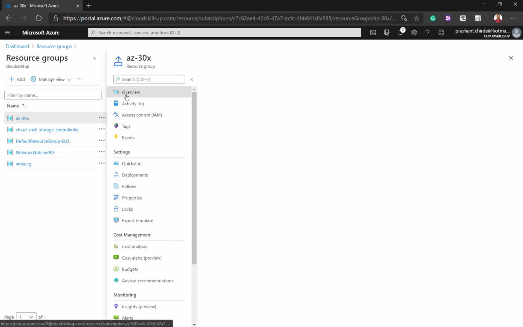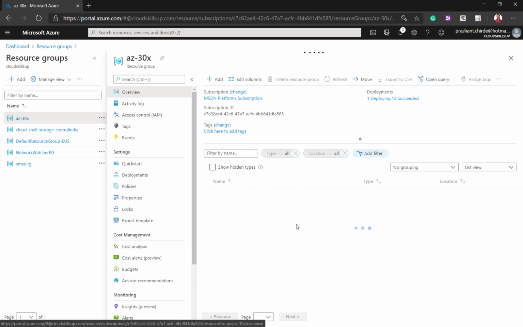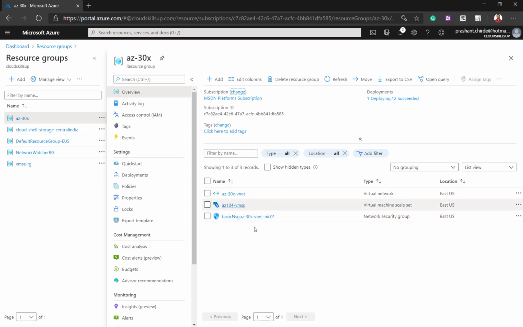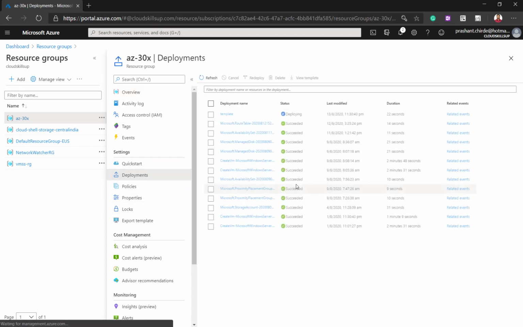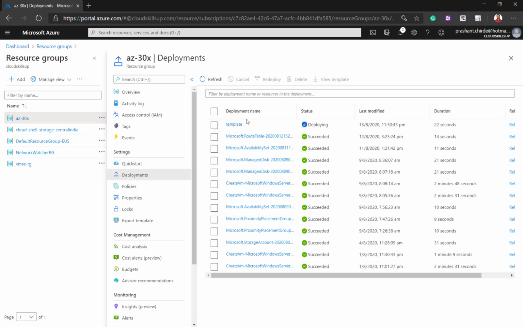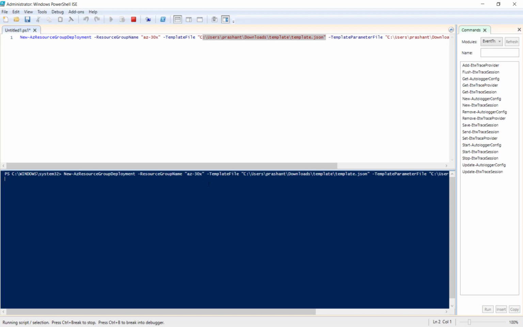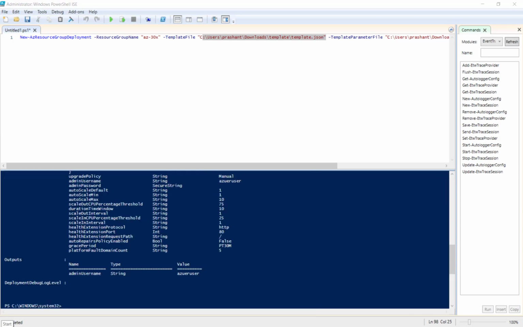If you click on the overview, you can see some resources getting created, but the deployment is not completed yet. Once the deployment is completed, you will see that it succeeded, and PowerShell will show you all the details needed.